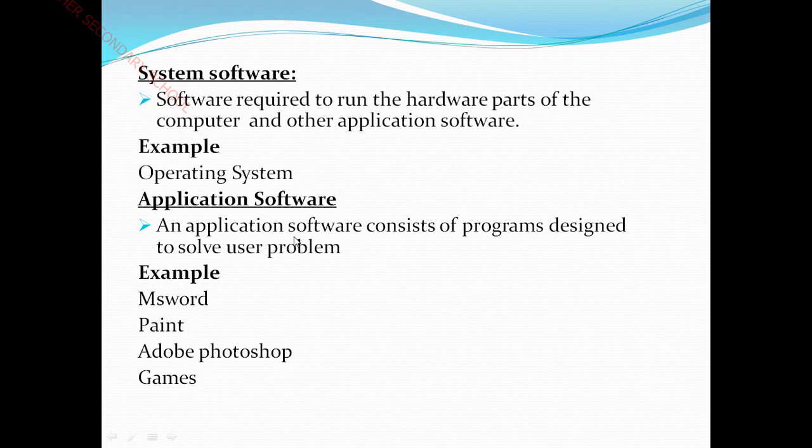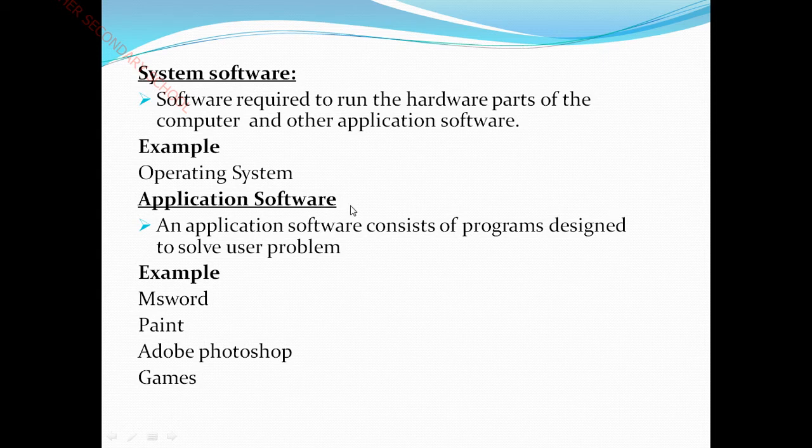And also application software is controlled with the help of system software. For example, if you want to take a print, we think we are printing with the help of the printer machine, but the operating system has to give permission to the printer machine to print. In case you don't have device drivers in your computer, we cannot take a printout. You may think, what is meant by device drivers? It is one kind of system software. So if you want to take printouts, if you want to use a printer machine, you have to install the device driver software. So next we are going to see application software.